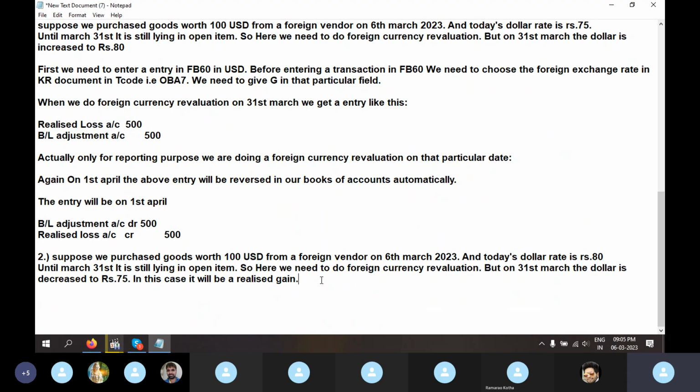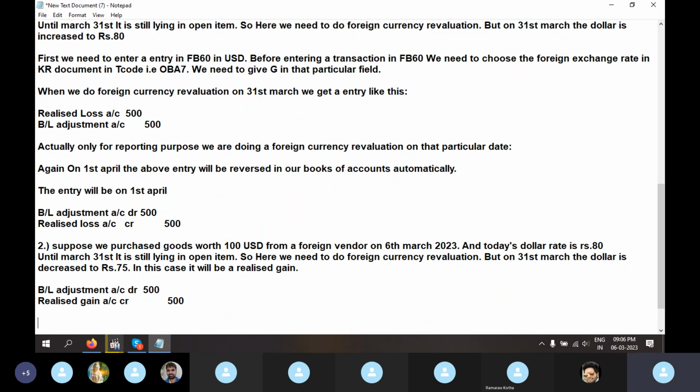The difference amount should be transferred to balance sheet adjustment account. Account debit 500, the same amount, and here it is realized gain, 500. And on the next day, that is 1st April,